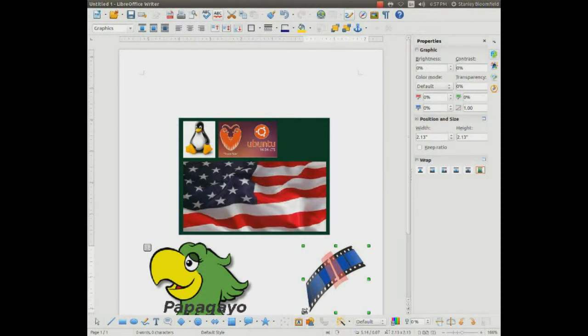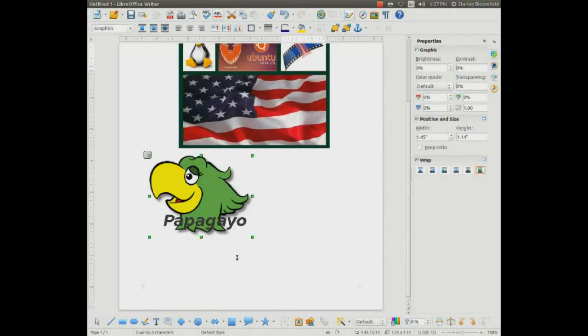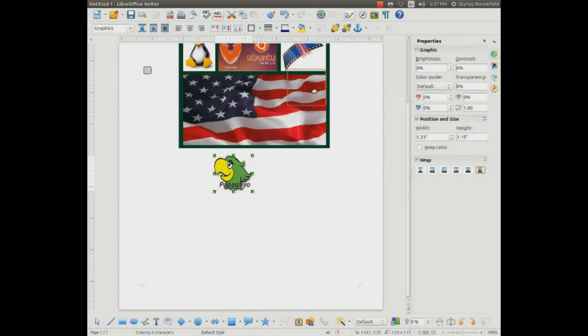Alrighty. All right, we'll put Papagayo in the upper right corner of the flag. Let's see